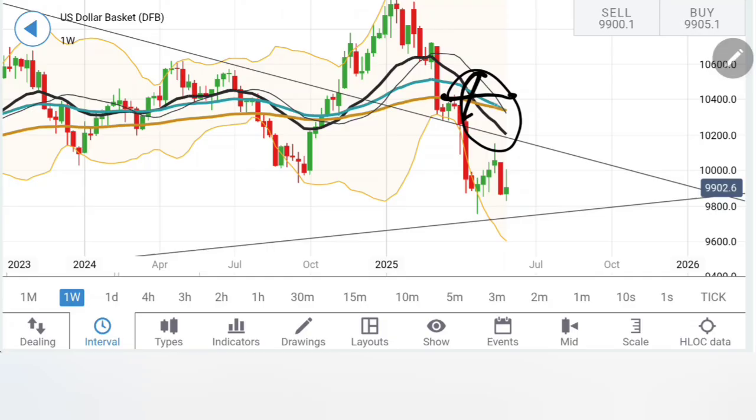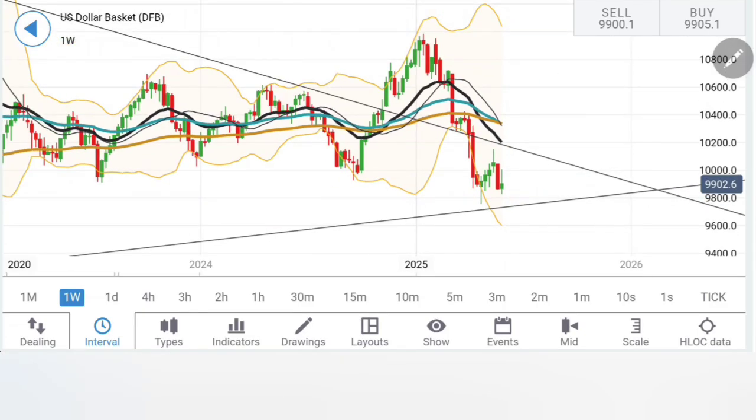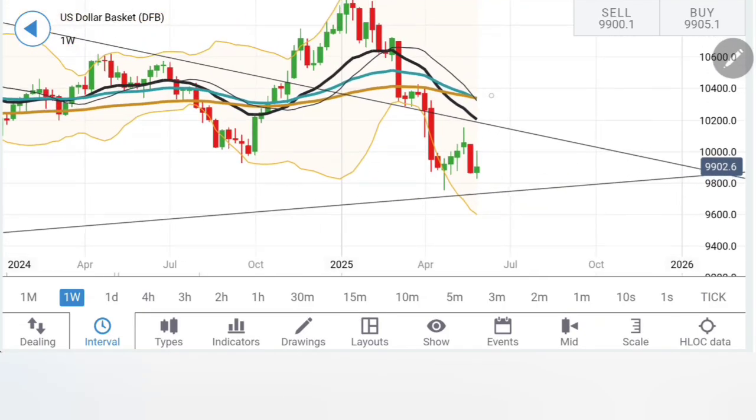The moving averages have crossed over here, and now this zone between 102 and 104 is very critical for the DXY to break past. If it stays beyond 104, then you can say this is the reversal. You can look forward to the 106, 107 zone. Right now, the divergence and the slope here are aggressively bearish, suggesting more bearishness ahead. Maybe it can try to retrace a little, but it is not yet confirming a reversal.